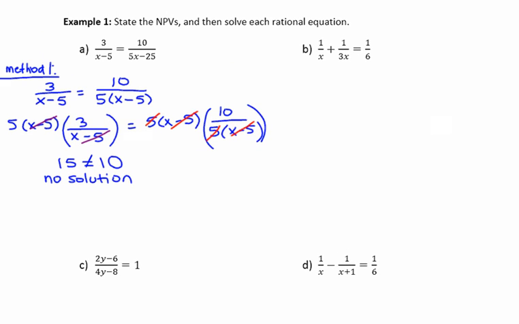So let's try this one with method 1. What would be the lowest common denominator? What would I have to multiply everybody by? A 3x, would that be big enough? Would that cancel out the 6? No. So it would be 6x. That would be our lowest. So we're going to multiply everybody by 6x. We multiply the 1 over x by 6x, the 1 over 3x by 6x,